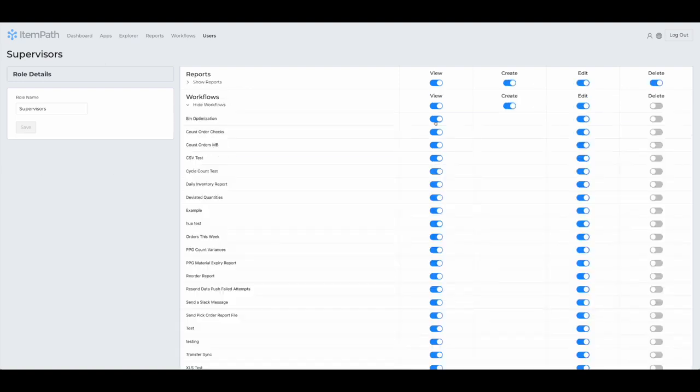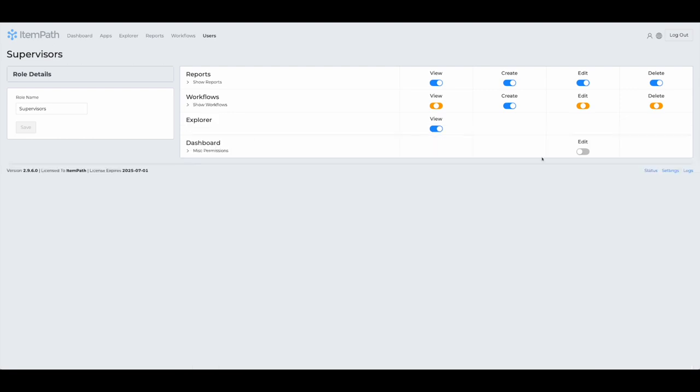The same applies for workflows. You can also make them specific per workflow if you'd like to lock some of them down. You can do that here. Same thing. Depending on what version of ItemPath you're on, you might see different permissions that you're able to turn